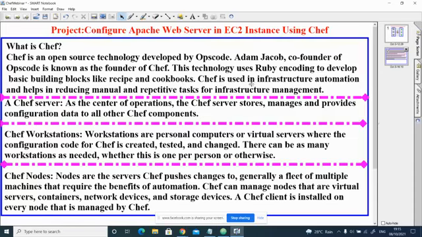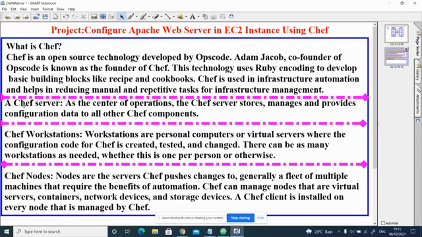Chef is used in infrastructure automation and helps in reducing manual and repetitive tasks for infrastructure management. That means it is mainly used to manage infrastructure, and we will automate some of the configuration management things using Chef.